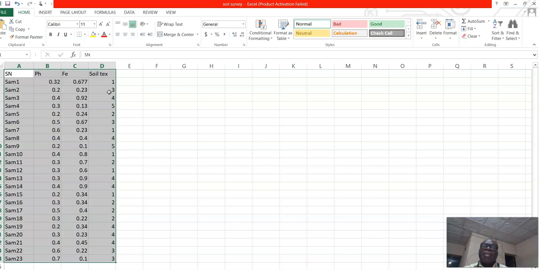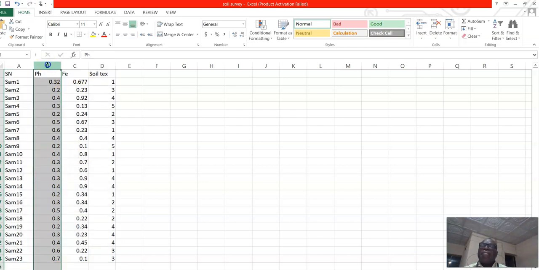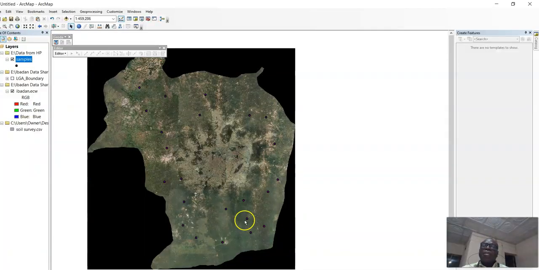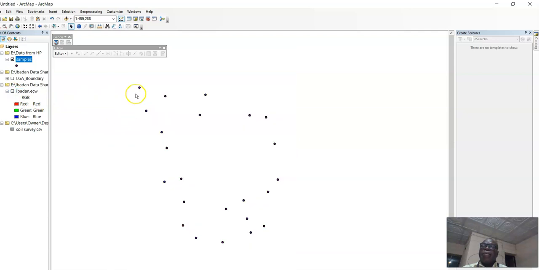So you have different types of data. For the pH value, you have data on the pH value, where acidic is between 0 and 0.5, and then base is from 0.5 to 10. So you have the ferrous component of the soil, you have the soil texture, you have discrete data and continuous data types. So you can collect it like this, and then the coordinates, the locations of the data, are as follows. These are the locations of the samples.